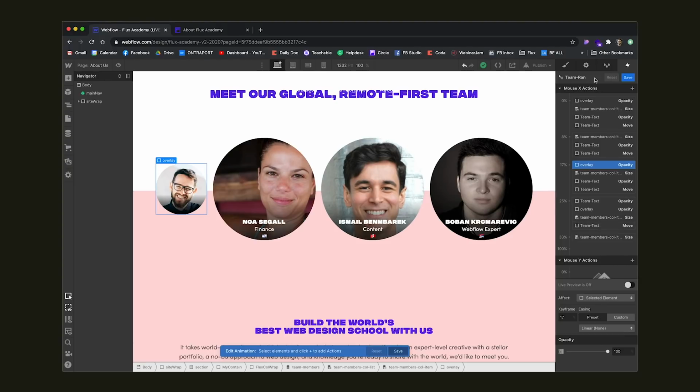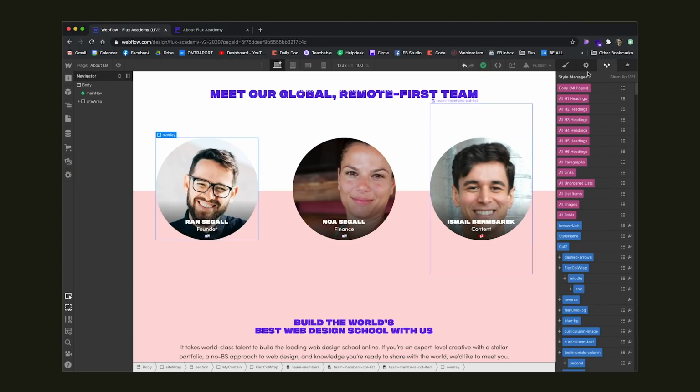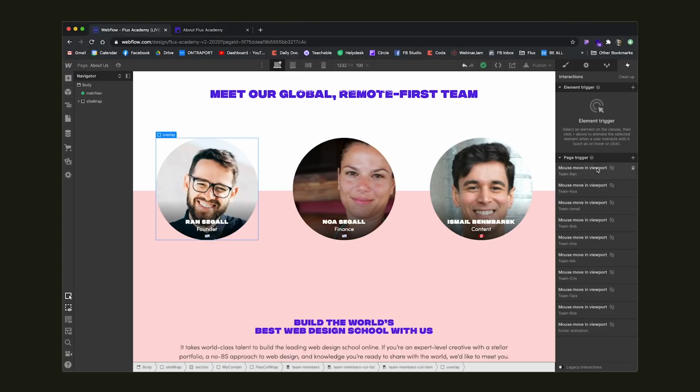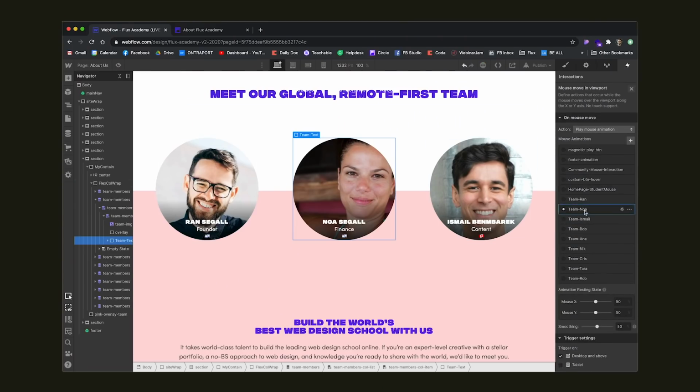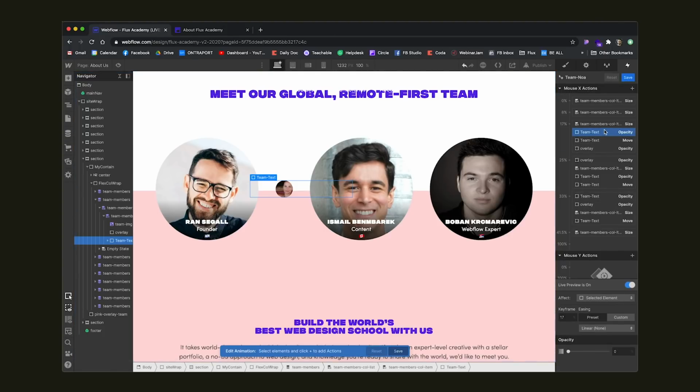And the reason that I broke it into 8 or whatever different interactions is because I could basically duplicate the interaction. So I created the interaction for run, duplicated it, and then just changed the numbers of the keyframes. When you're working in an interaction, let's say this is for Noah, if you right click, you can change the target.